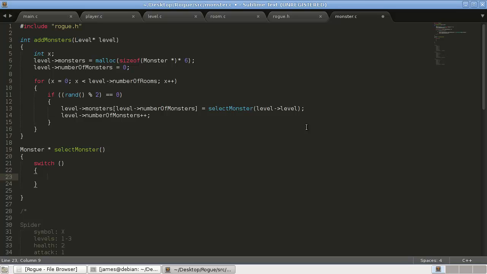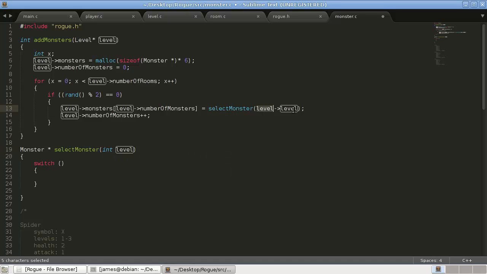Because we want to create our monster, but then we also want to draw the monster. Yeah, we'll actually do that. Okay, we're good. So this is going to be an int level,